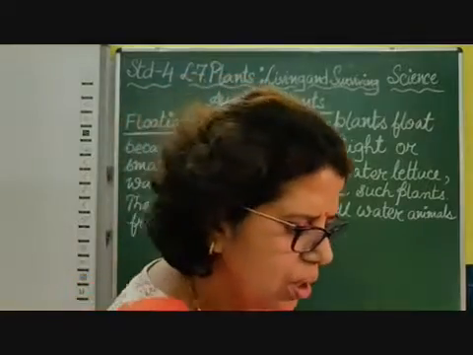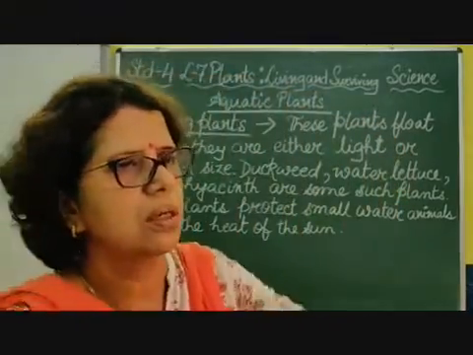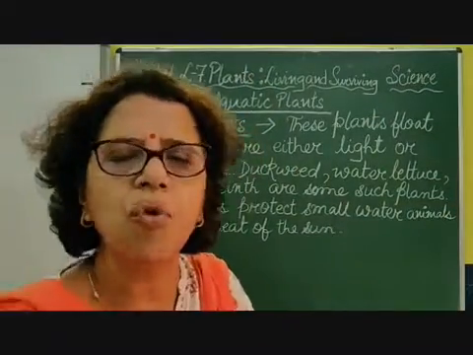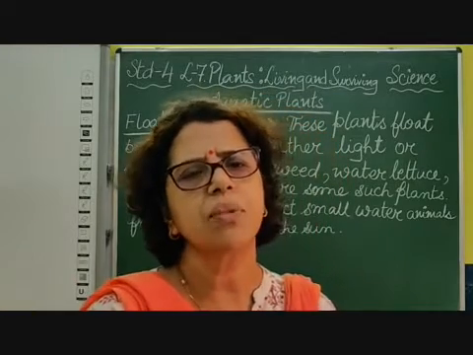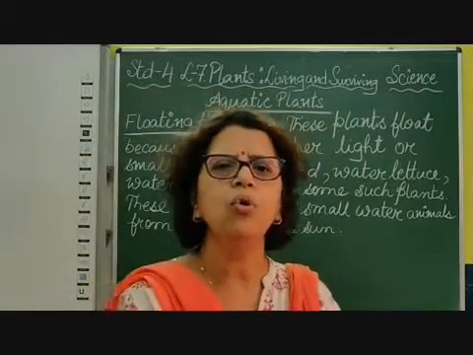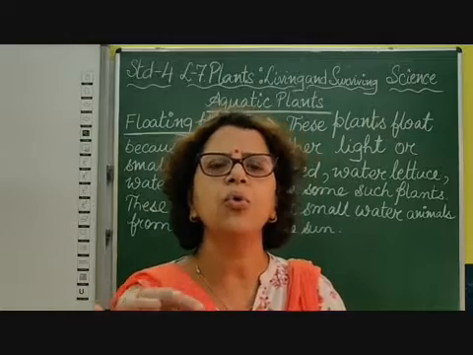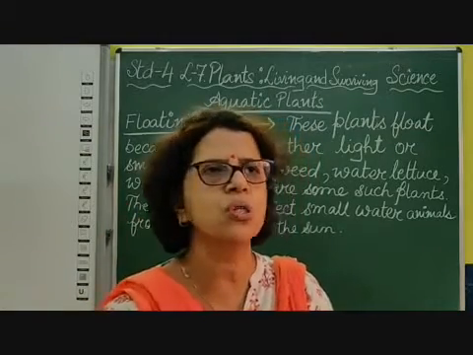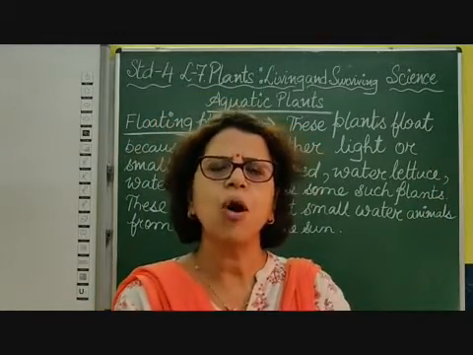Children, coming to the floating plants, the first category of plants. Now, floating, by the name you can understand that it floats in the water. And what floats in the water? Something which is light. Take a bucket of water and put a piece of paper in it, and take one nail. You understand by nail, which is made of iron, which is used for fixing something in the wall. You drop both of them.